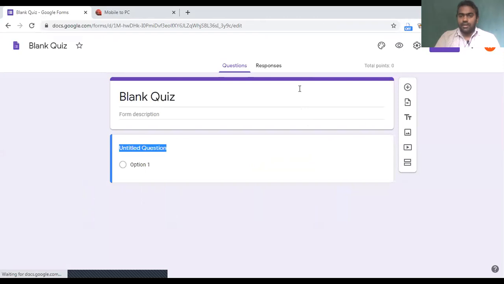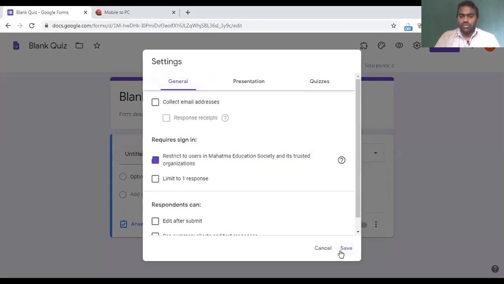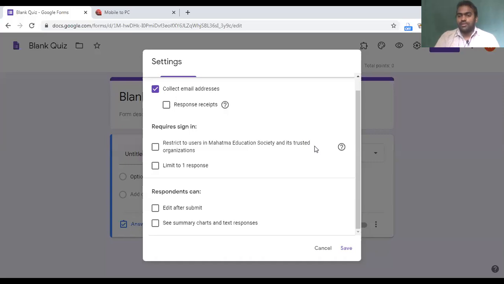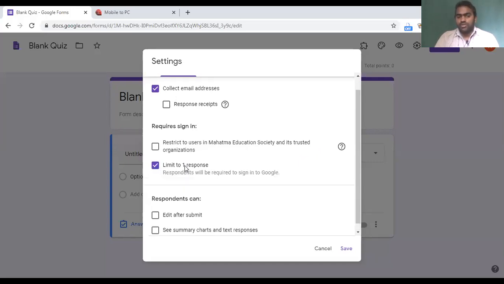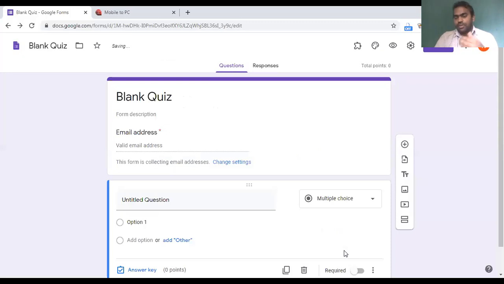Then you go to settings and enable quizzes. Ensure that in quizzes you have enabled it. You can also collect email addresses, because you need to send the certificate to the email address. And if you need to restrict to only once, you can restrict. Otherwise, multiple certificates can be made by one person.